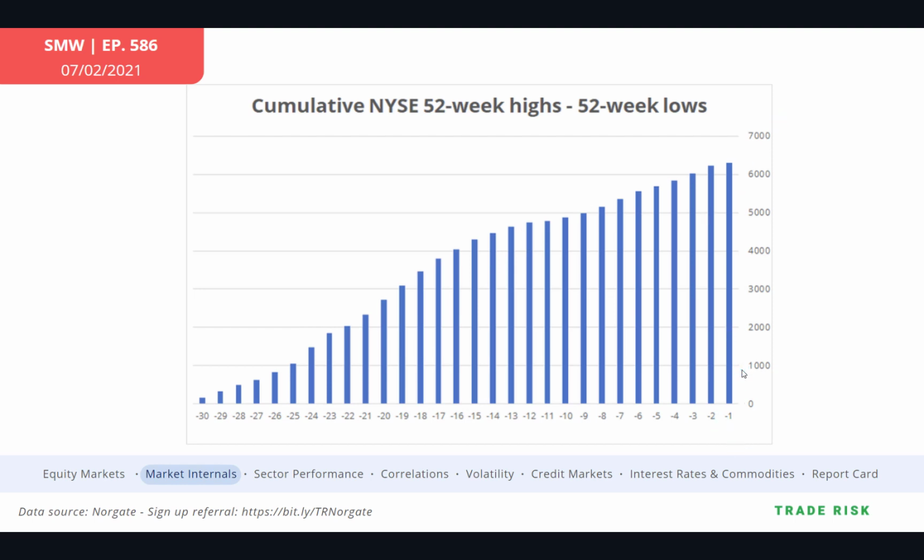And as I usually say, until and if this changes, it is really tough to want to fight this market unless you're going in there surgical and looking for a quick multi-day drop, or you're picking your spots very carefully and tactically. Then there's always opportunity for that. But broadly speaking, to say that you just want to hold say an S&P 500 short or a Q short, it's just going to be a very tough road for you